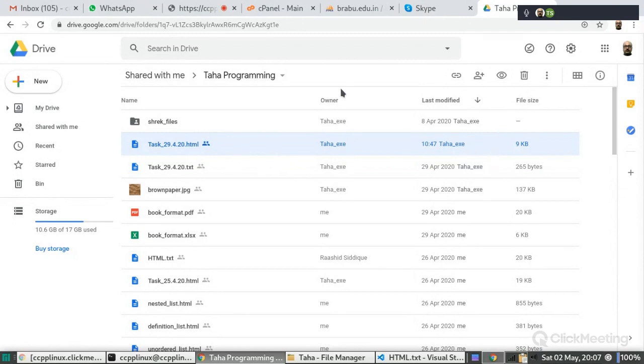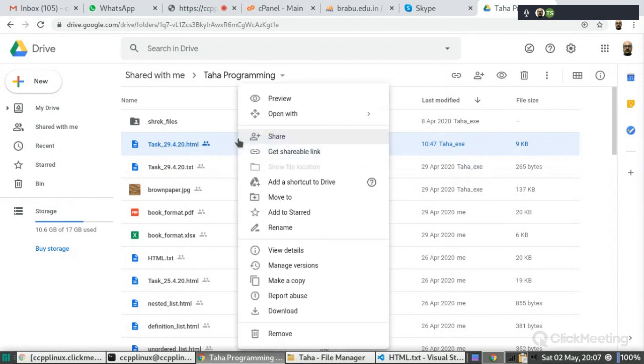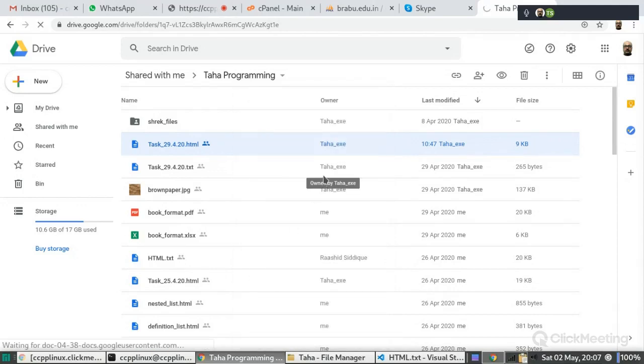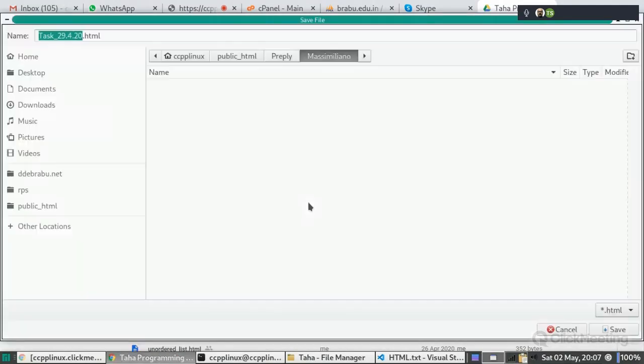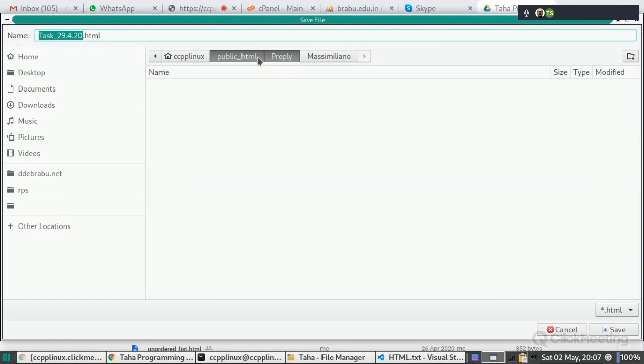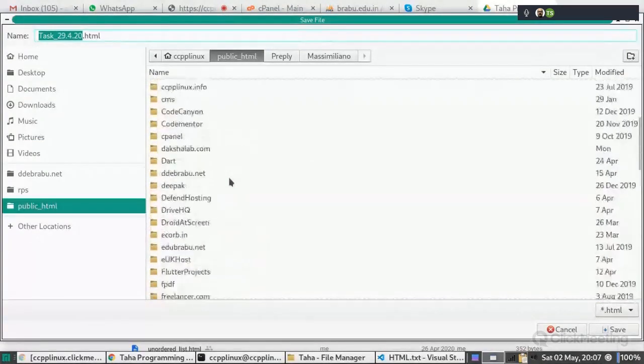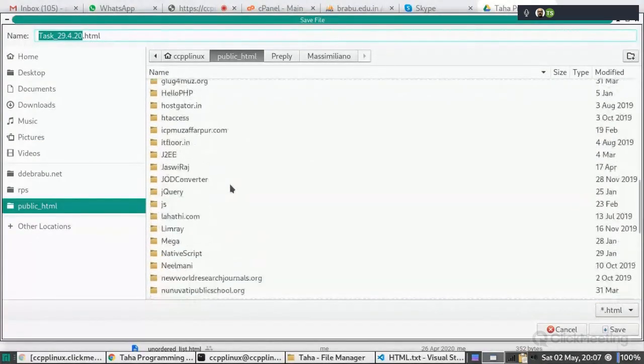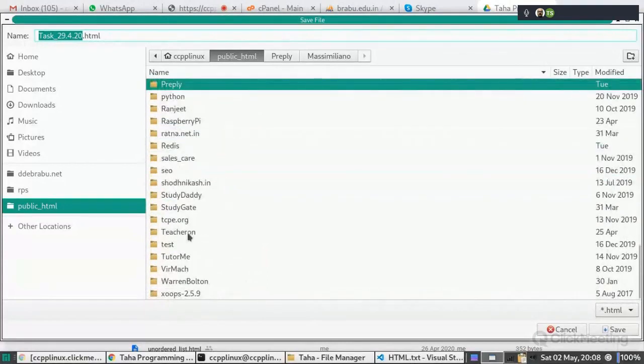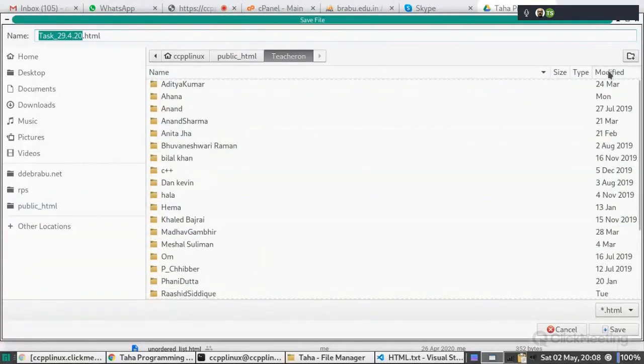What do you mean? Just a minute. Let me first of all download it. Where is the download option? This one. Let me sort it by.